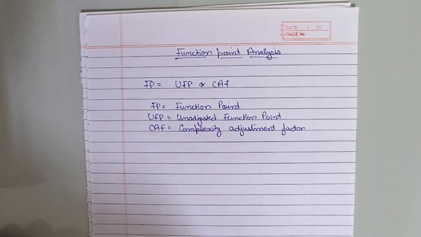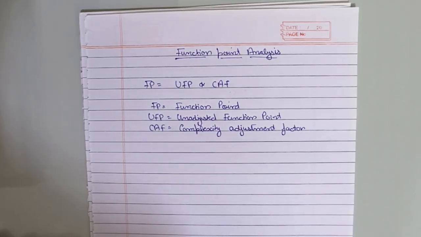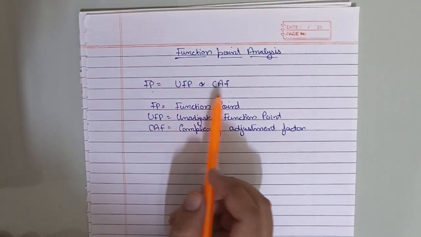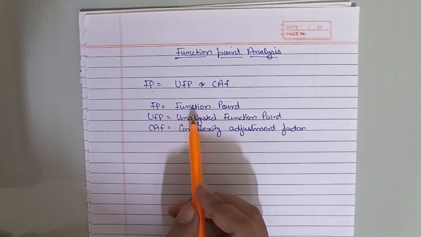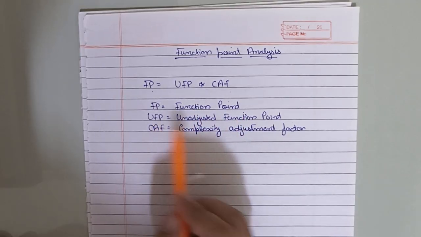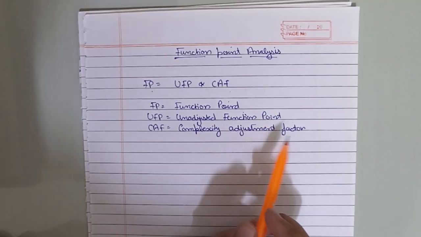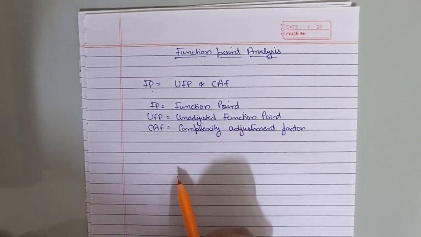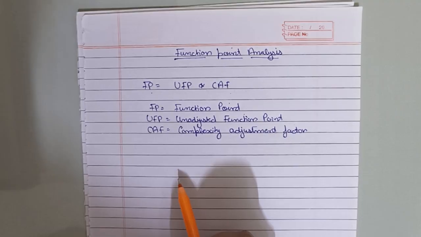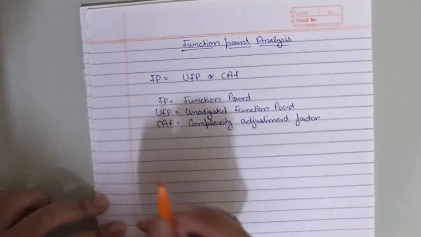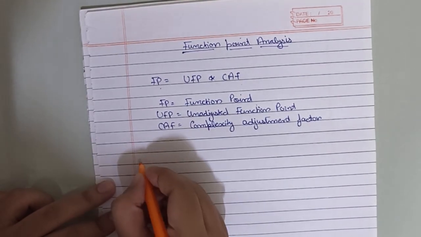In order to calculate function point analysis, we are using the formula FP equals UFP into CAF, where FP stands for function point, UFP stands for unadjusted function point, CAF stands for complexity adjustment factor. Further, we have to draw a table which represents functional unit with its weighted values. So the table is